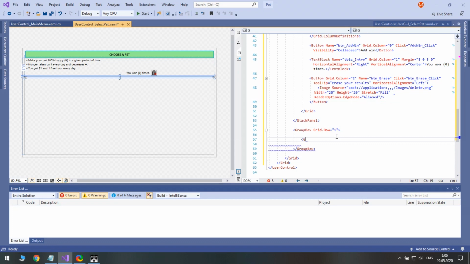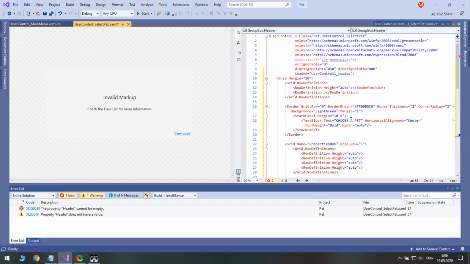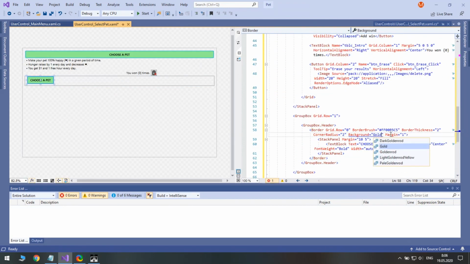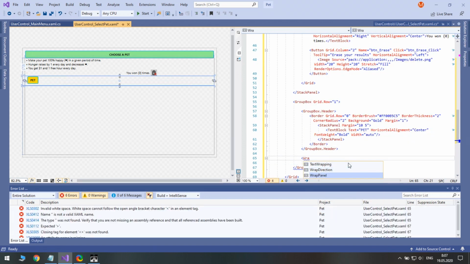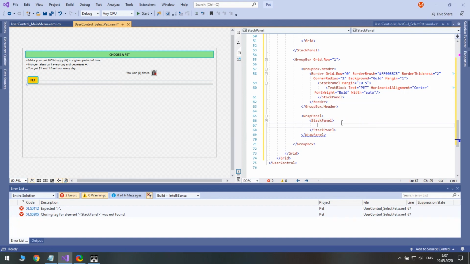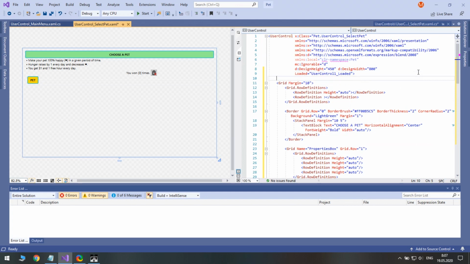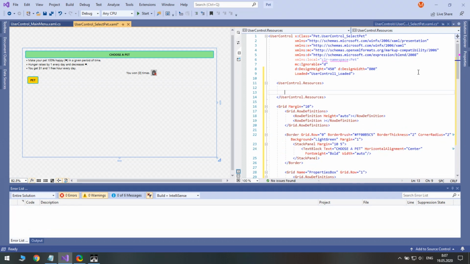Let's make a fancy group box header similar to the top one, but orange. Now let's cover all next controls inside the wrap panel. Unlike stack panel, wrap panel can create additional rows or columns if elements cannot fit in one row or column. Each pet choice will be a stack panel of 3 elements: a border with an image of a pet inside of it, a radio button, and a text block with the description.